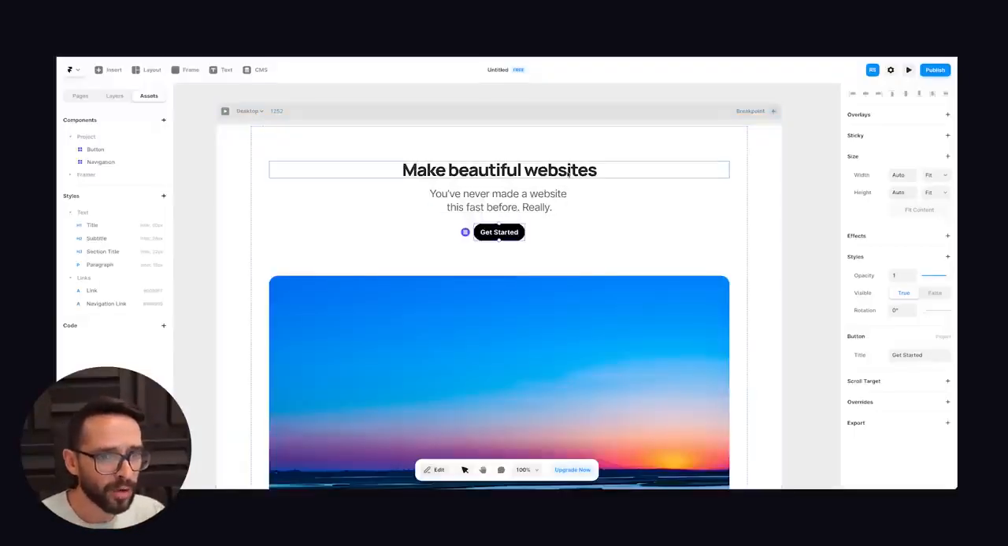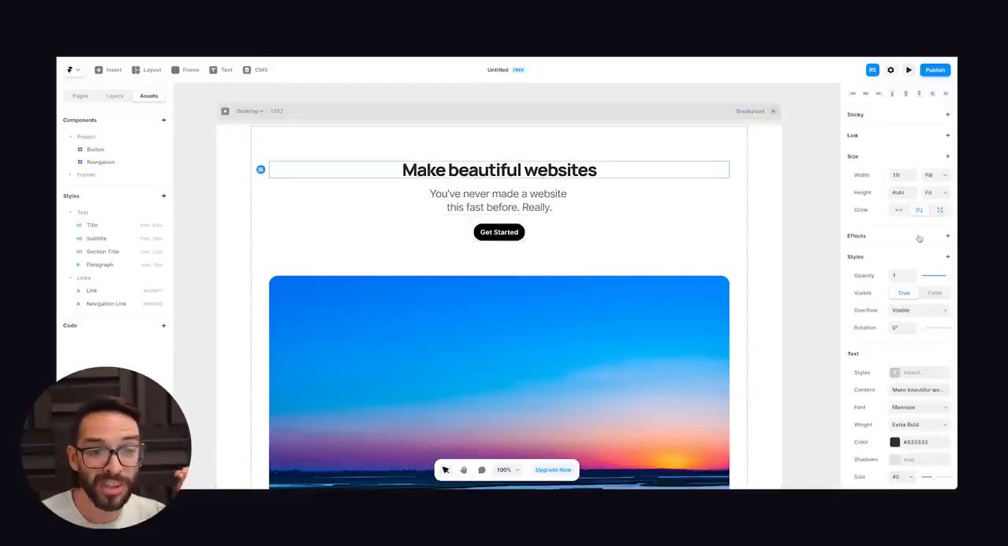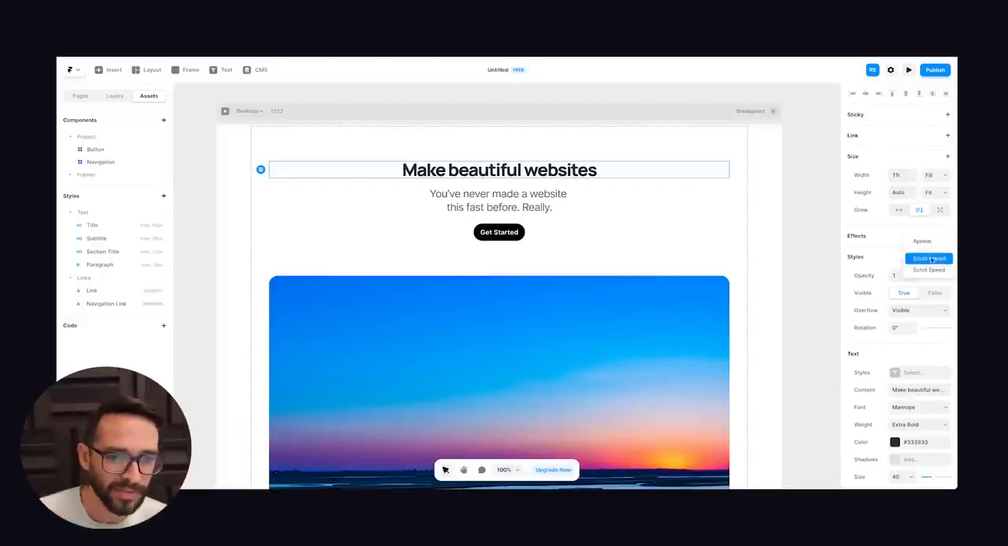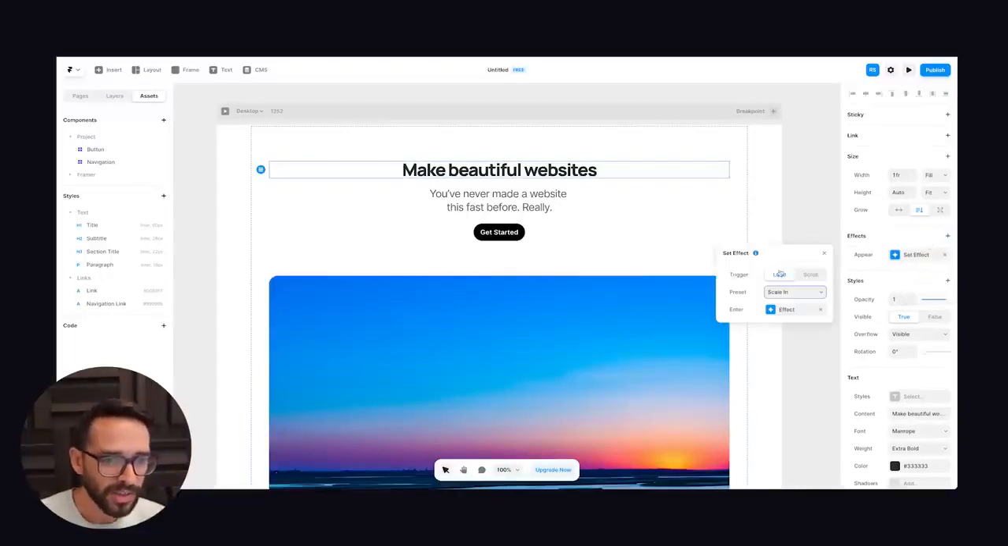Here inside of Framer, we can add what they call effects. Actually, they're not proper animations. I have three options: appear, and scroll speed, which is basically their name for creating a parallax effect. So if I want to create an appear effect, I'm just going to click this and then